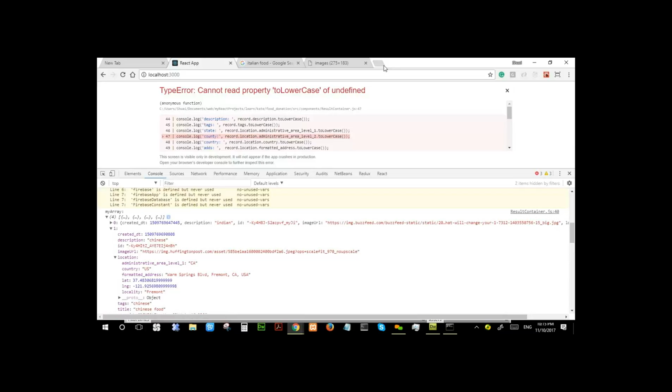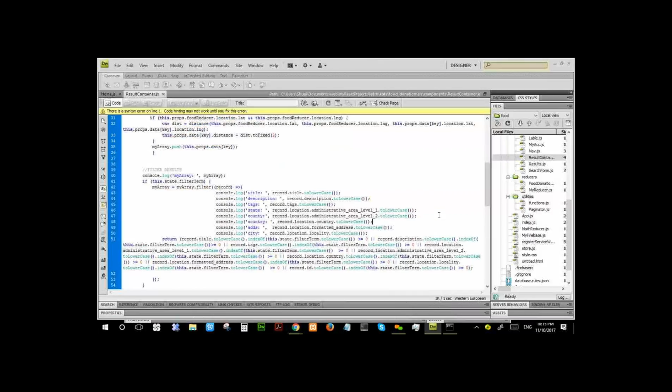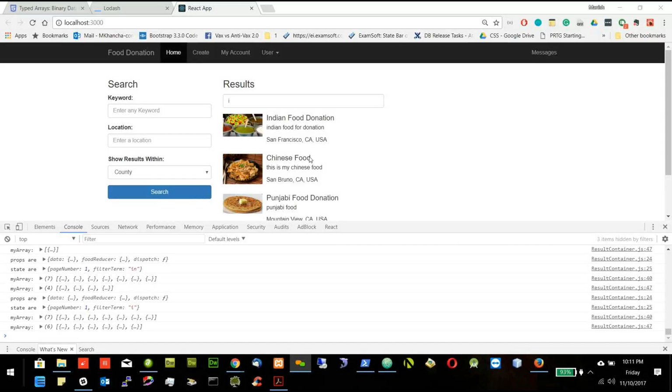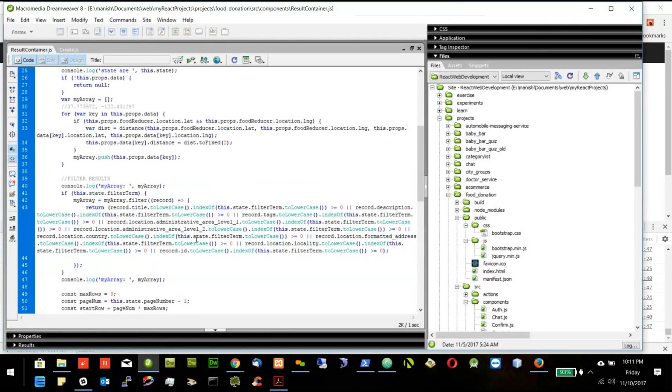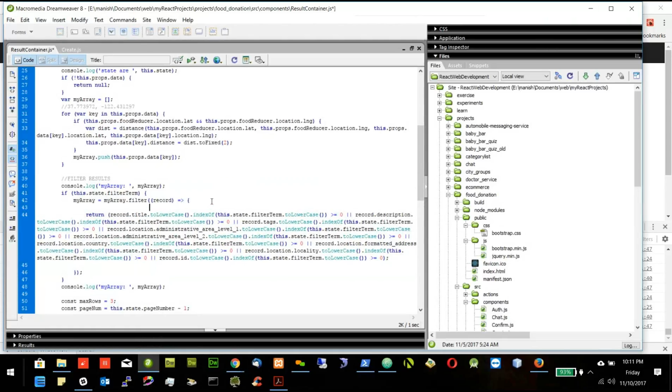Okay, let's do that one. I'll take the control now. So we need to fix if we don't have something. In my case, everyone has all the fields, but sometimes if this is not there, then we need to avoid using that one. So we will make each case separately. For example, I will say constant title is equal to, if I have record dot title,